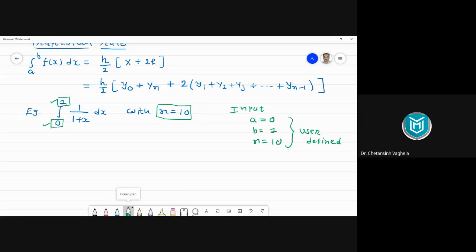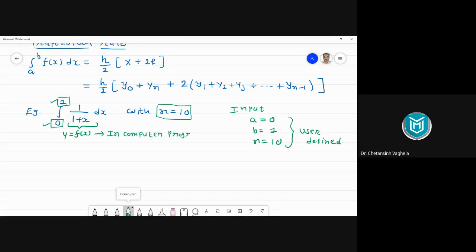Now, apart from these values, there is one more thing which we need to give as input, but in a different way. And that is our function f of x, the function for which we want to do integration. We also call it y equal to f of x. So we need to define this function f of x in the computer program, in our C program.